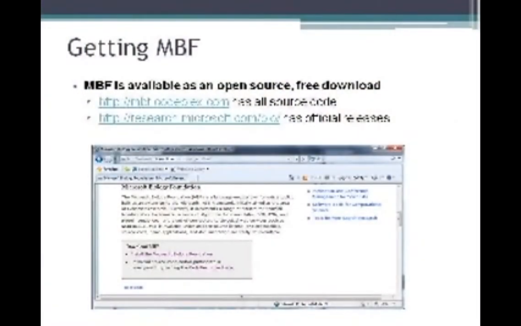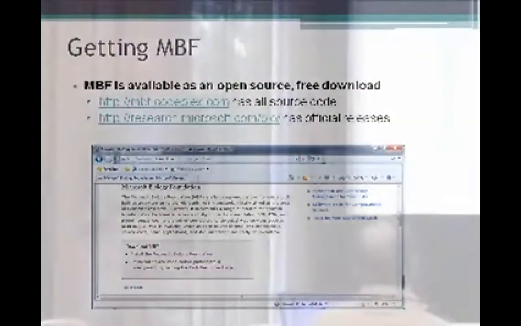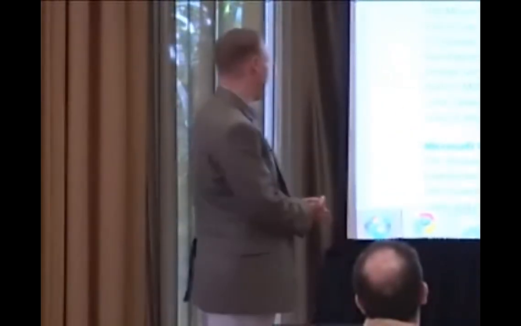It does work. So how do I get all this? This is cool stuff. Where do I get it from? Well, the easiest way to get it, there are two links listed here. The first one is mbf.codeplex.com. This is the main project area inside Codeplex itself. And off of here, you'll see the development page, research.microsoft.com/bio. If you go to that link, there it is. This is where you can find MBF, all the training materials, and all the tools that have been built that you can download and use to your heart's content.